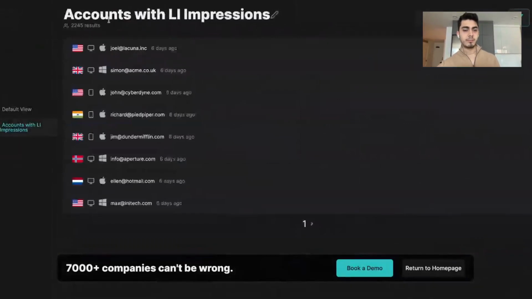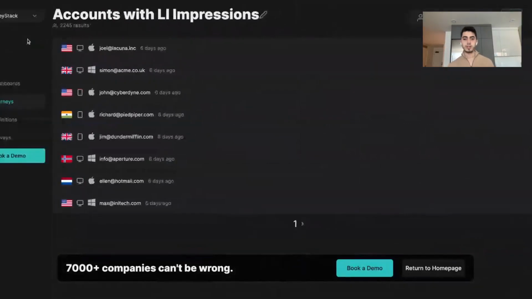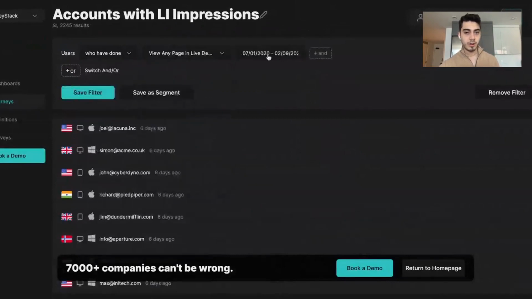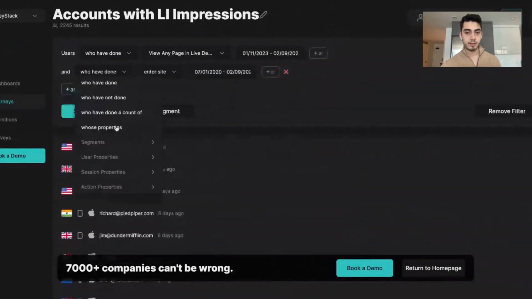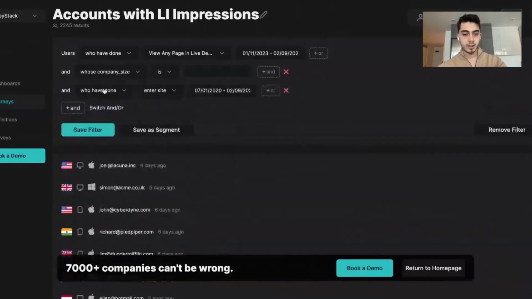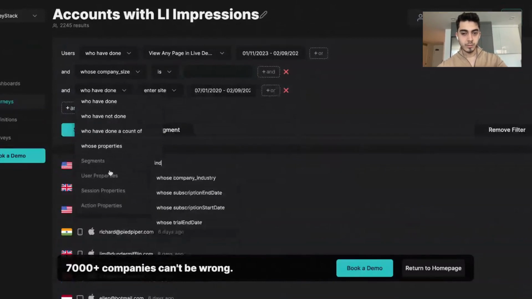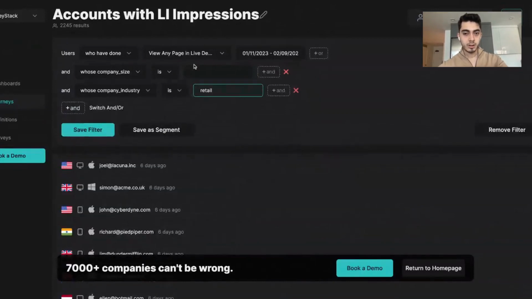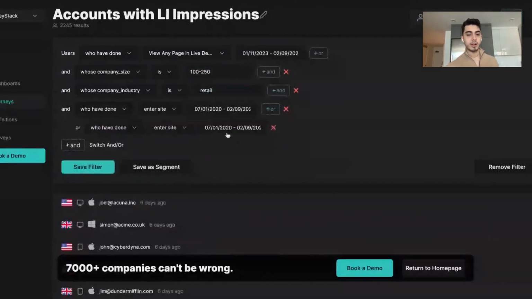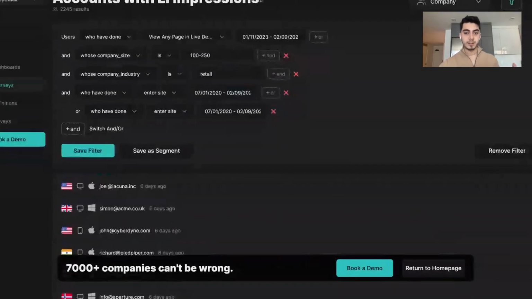So it comes with LinkedIn impressions, and you can do accounts that have seen your LinkedIn ads, viewed any page in live demo, and who is between certain sizes, and who is from this industry, and something else. You can add or everything, and then you can create a filter with LinkedIn ads impressions,